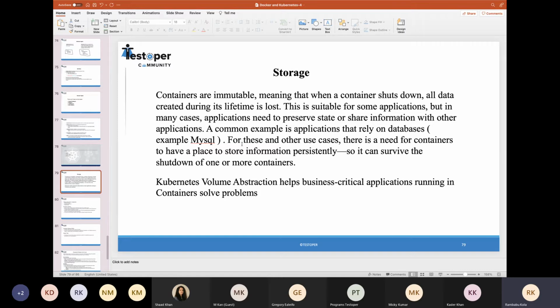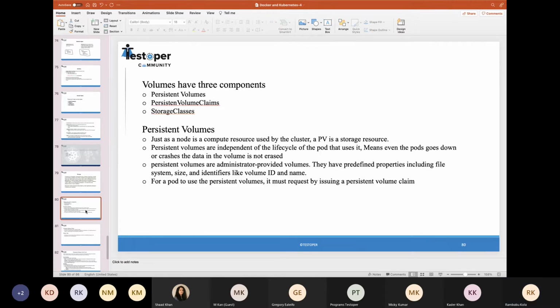For this purpose, Kubernetes has volumes. In volumes there are basically three components: the persistent volume, the persistent volume claim, and the storage class.